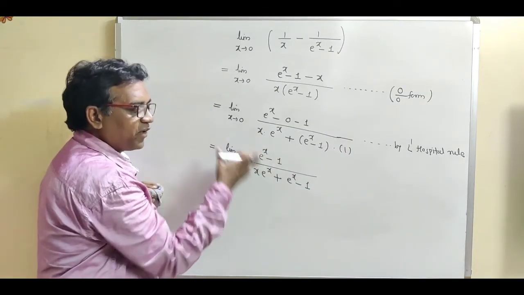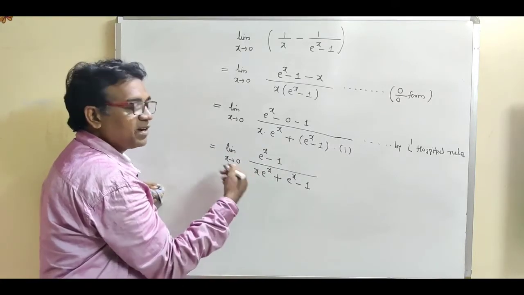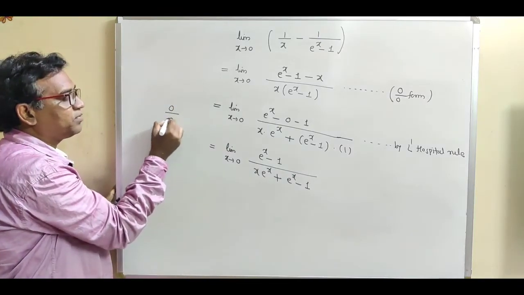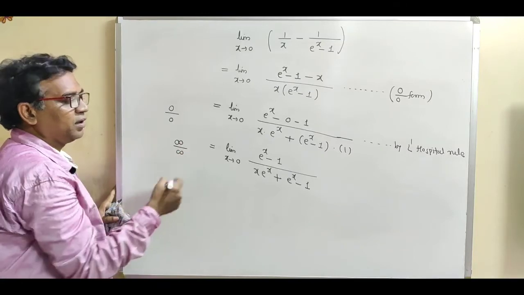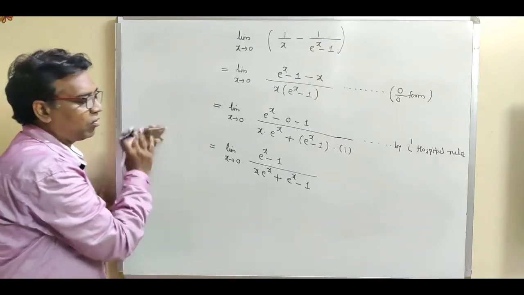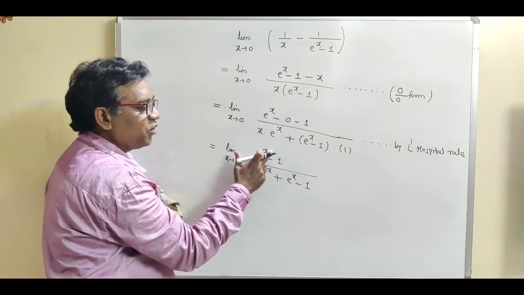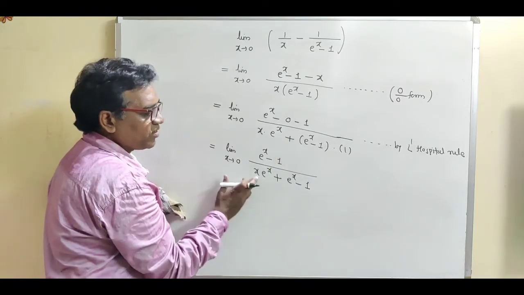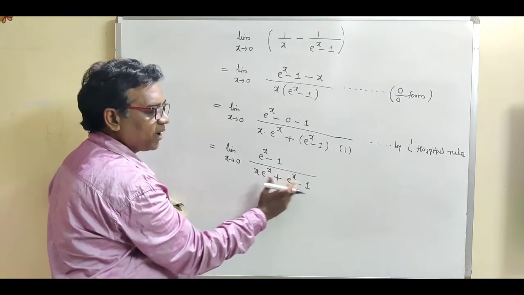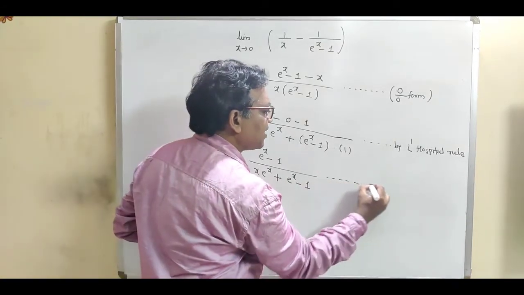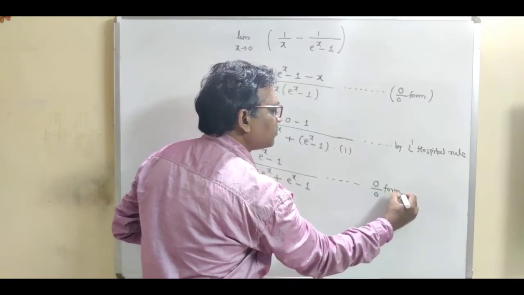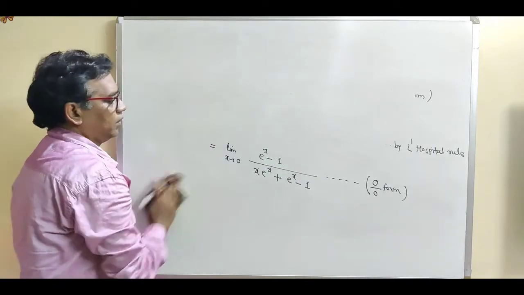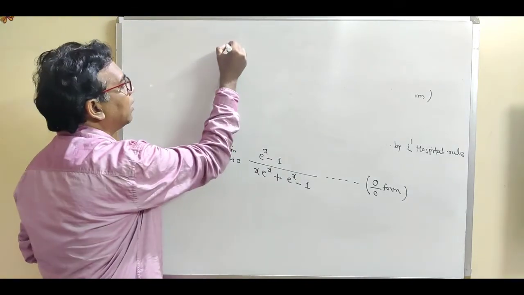Now again put x equal to 0 and find out the form. If that is a finite form, then that is the final answer. If it is an indeterminate form, 0 by 0 or infinity upon infinity, once again we have to apply the L'Hopital rule. Now put x equal to 0 in the numerator, e raised to 0 is 1, 1 minus 1, the numerator is 0. In the denominator, e raised to 0 is 1, 1 minus 1 is 0. So we get the same indeterminate form, 0 by 0 form, which is the standard division form. So once again we have to apply the L'Hopital rule.